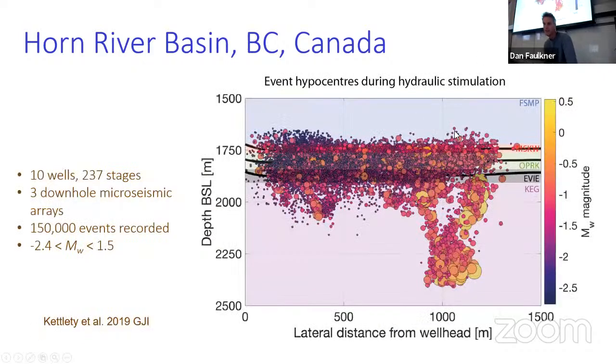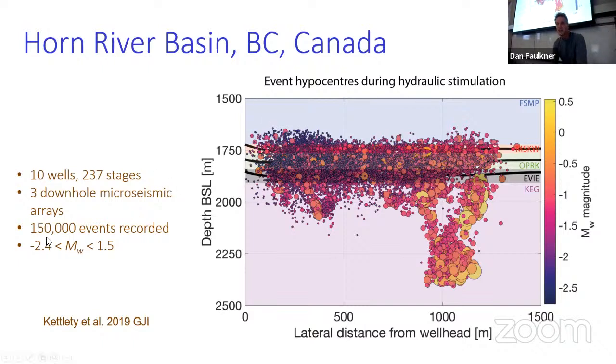Okay, and this is what the seismicity looks like. Overall, there were 10 wells drilled, and in terms of those stages where they section off part of the borehole to inject fluid to frac it, there were 237 stages of fluid injection that took place just here. The diagram shows the three reservoir horizons: the Muskwa Shale, the Otter Park formation, and the Evie Shale. The thick black line shows where the horizontal wells are drilled through those reservoir horizons, and the dots show us where all of the microseismicity occurred related to that fluid injection.